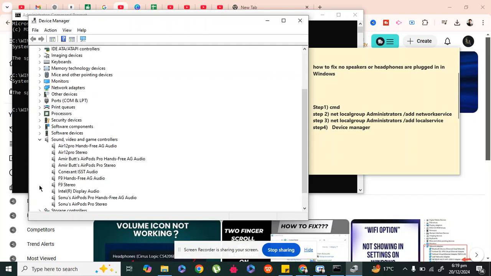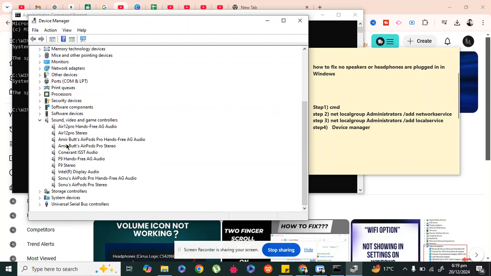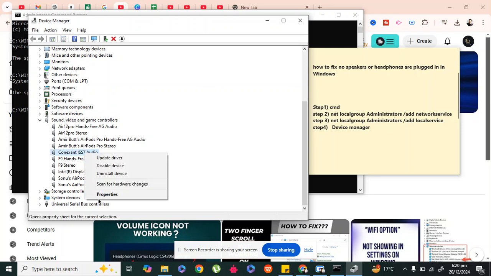Here you have to just click on it, and in the drop down you will basically find some driver like Conexant ISST Audio. If this driver is not showing in your system, you will get Realtek Audio driver. So if you don't have this, you have Realtek. I didn't get Realtek showing here, so I will right click on Conexant ISST Audio and go to